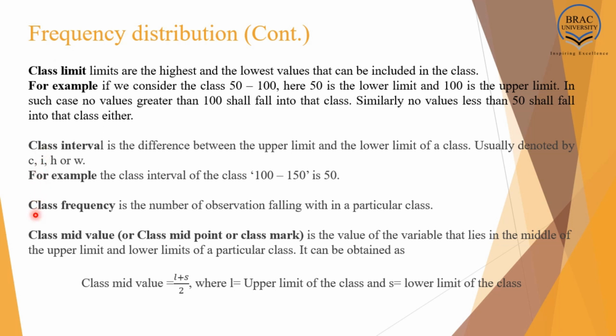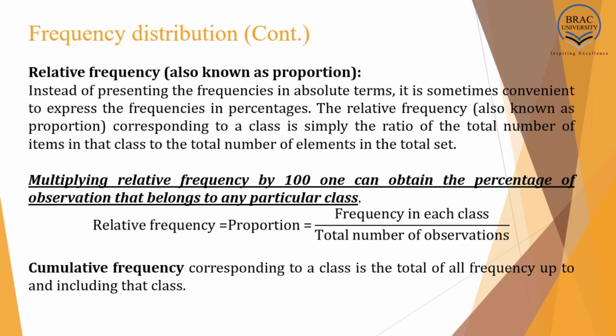Here is an example. Two other terms that we frequently use while doing the frequency distribution table are relative frequency and cumulative frequency. Relative frequency is the value that we derive by dividing the frequency in each class by the total number of observations of that particular table. For example, in this particular table,